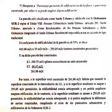So, the city council tells us we would have to add the constructed surface area of the mezzanine to the 261, and if the resulting surface is greater than the permitted 295.05, which we have calculated with the building coefficient of the plot, the building capacity would be exceeded and no building could be expanded. Otherwise, if the resulting surface is less than 295, the buildability would not be exceeded and the difference in constructed square meters could be increased, complying with the rest of the urban and building parameters of the SUR2 ordinance. But as we have seen, the mezzanine is approximately the floor of the building, so it will exceed by far